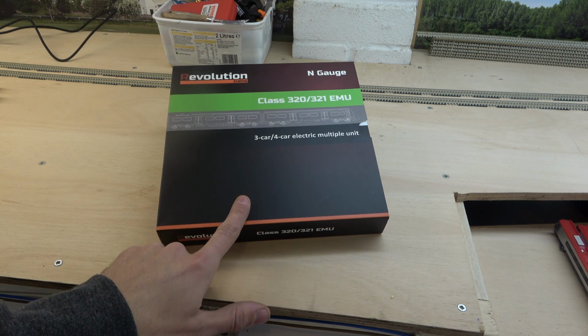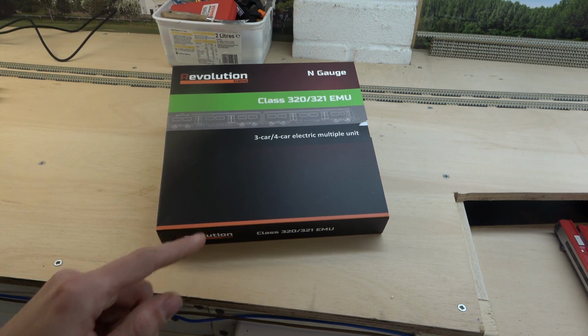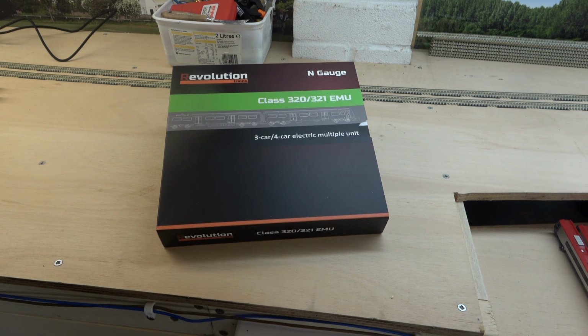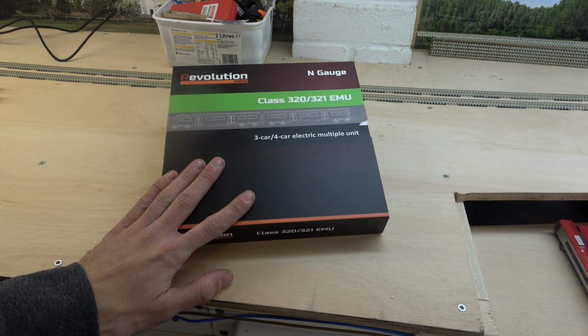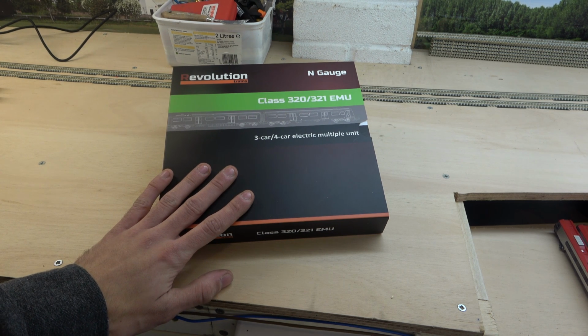If you are after a sound review, I believe Nick at Rule 1 Model Railways will be doing a review, as he's ordered the full DCC sound fitted version of the Class 321, also in London Midland livery. He, however, I think lives in Ireland, so his may be a bit delayed with the postage, but hopefully that will be out soon and he can talk you through everything you'd like to see and hear with the DCC sound. If you do want to skip straight to the 321, I will put a timestamp in the video,